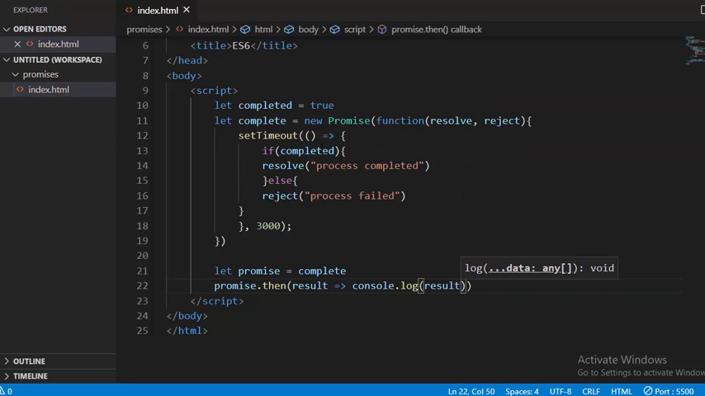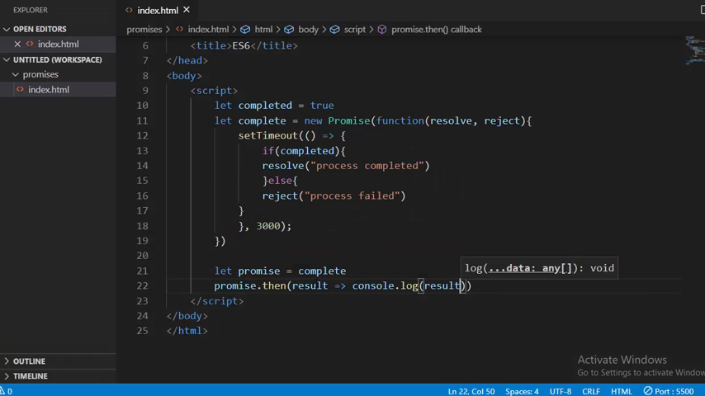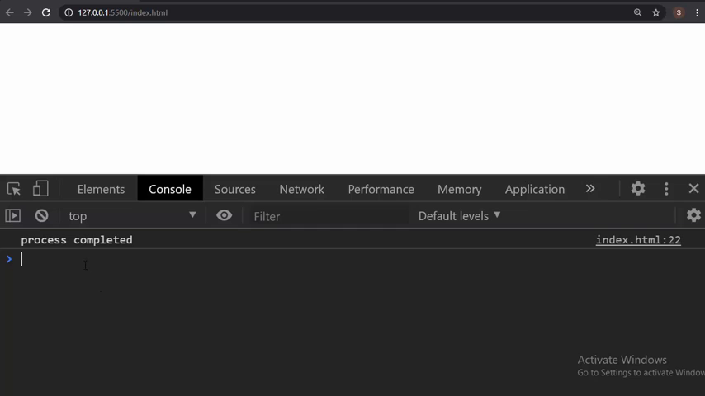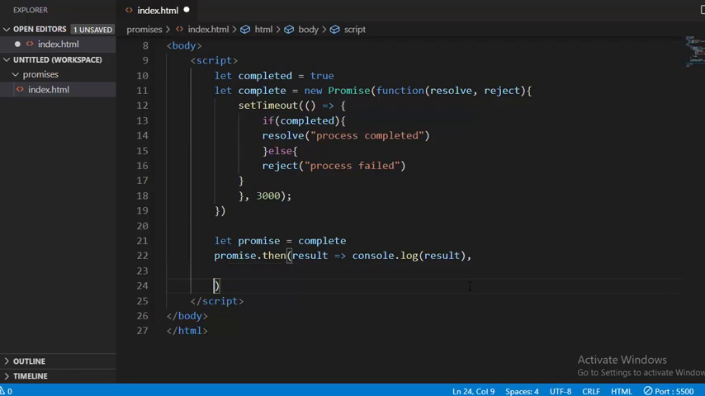And save it, go to the browser. After 3 seconds, this promise resolves and returns, and it's going to run this function in the dot then, and it's going to tell me that the promise completed. And this value came from the promise resolve, which passed in the result parameter. So we can handle the errors using the second parameter of